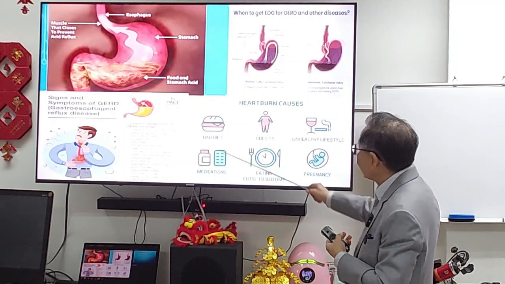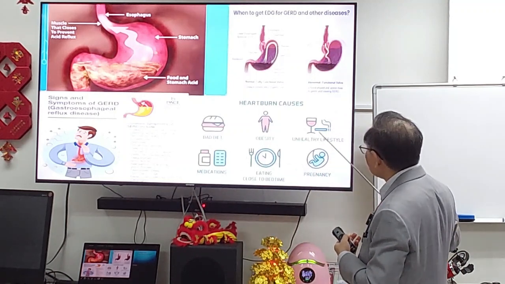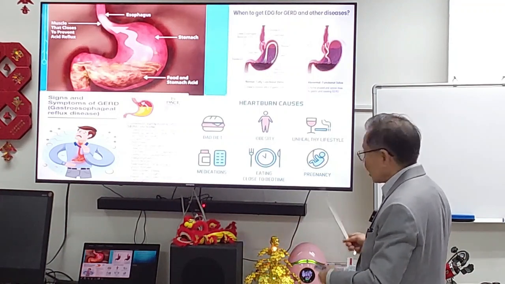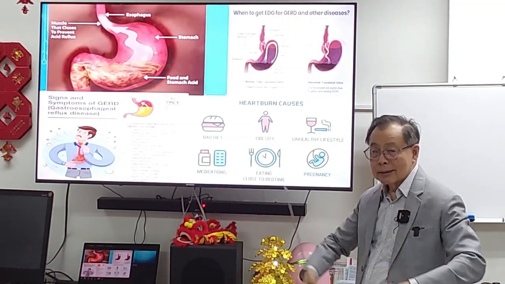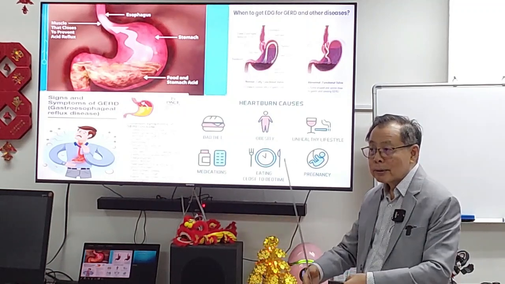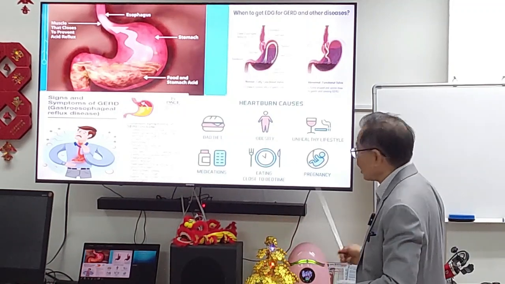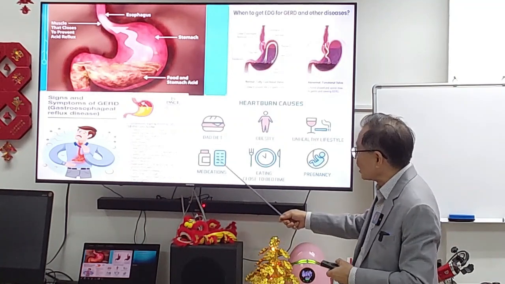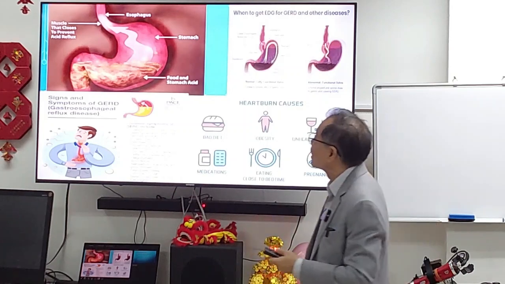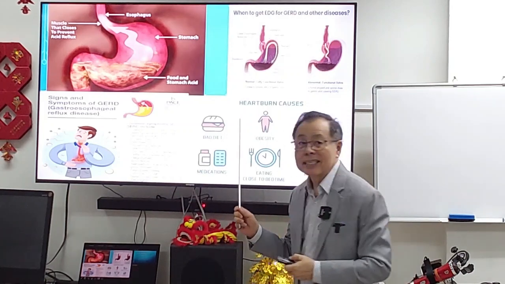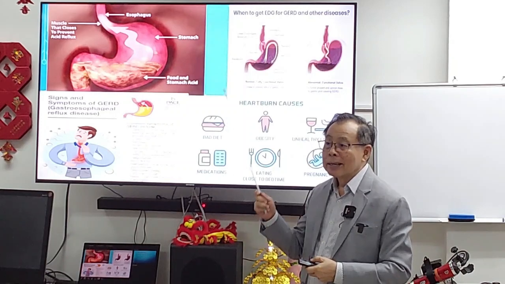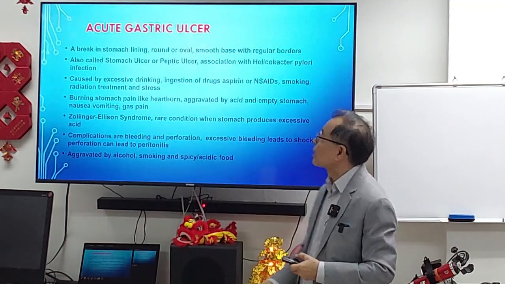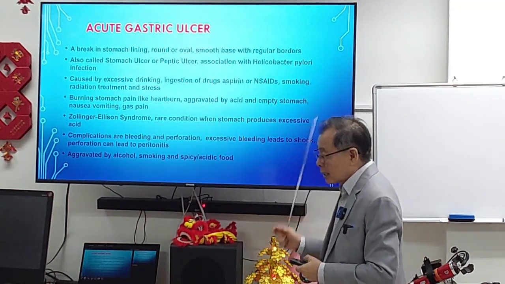So causes: poor diet, obesity, unhealthy lifestyle, too much alcohol, cigarettes, pregnancy. Pregnancy is a solid obstruction that's pressing on your stomach. Eating too close to bedtime and certain medication can cause it. So this is from the abdomen. It can also cause heart attack, but be sure, because heart attack can kill, make sure you exclude the heart attack.